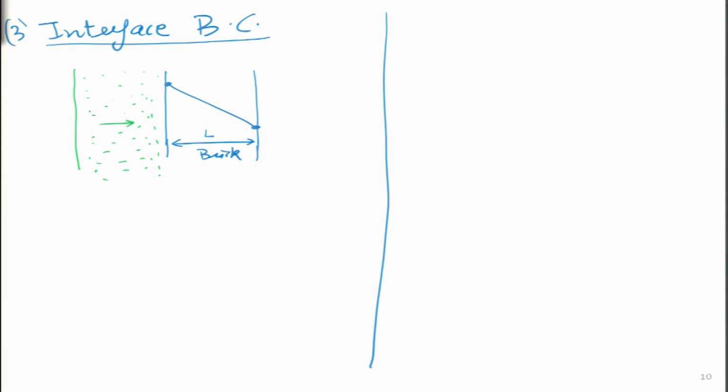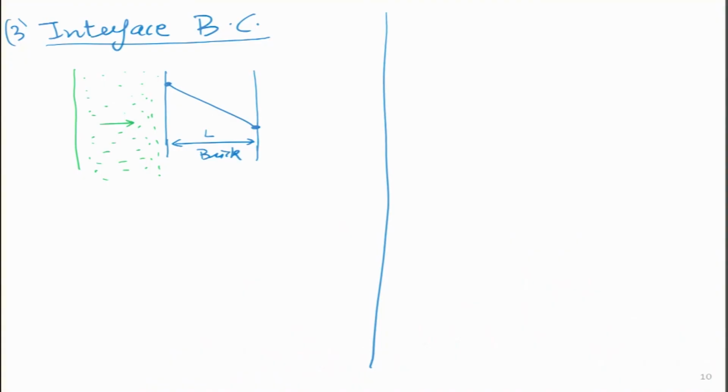So, if I give this example, if you go back to the camera, what we will see is that this is my wall over here. Earlier on we were assuming that air is on the left hand side, so air is giving it heat. Now, we are going to assume that there is some other material which is placed in contact with it. You can see the contrast of color. Here this is the white wall and then the black wall is put in contact with it. What will happen if the materials of the white wall and the black wall are different? That is known as the interface boundary condition, because the interface is defined as this particular point. This line is known as the interface between these two materials.